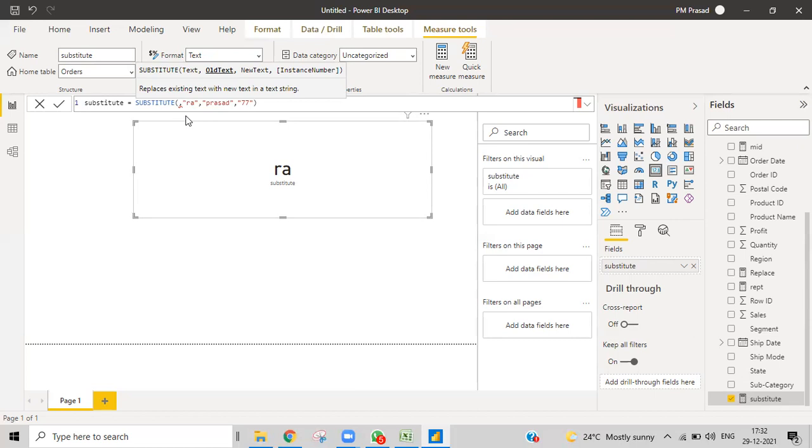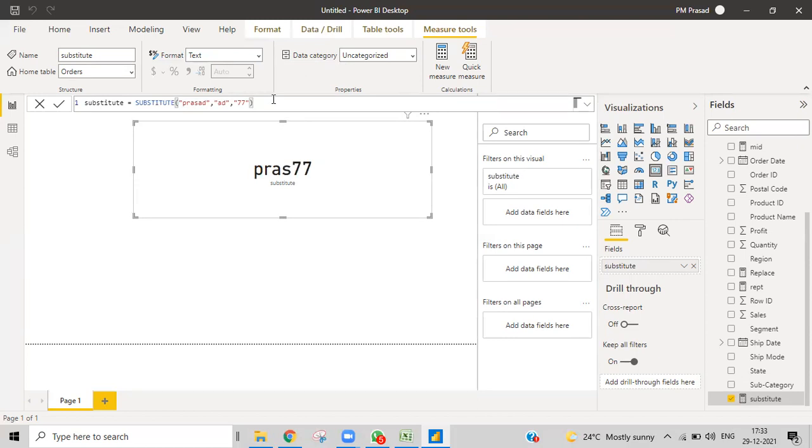Just a minute. Okay, we missed something somewhere, let me check where we missed out. Yeah, okay, this is what we need to give.